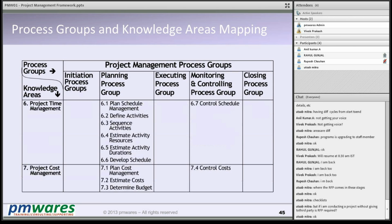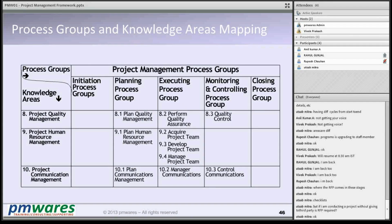Similarly, in time management, 6 processes are in planning, 1 is in control. Cost also has 3 in planning, and one in control. You will see that in execution, most of the stuff, like in human resource, 1 is planning and 3 processes are in execution. So during execution, the project manager's responsibility will primarily be to take care of the human resource, ensure the quality,